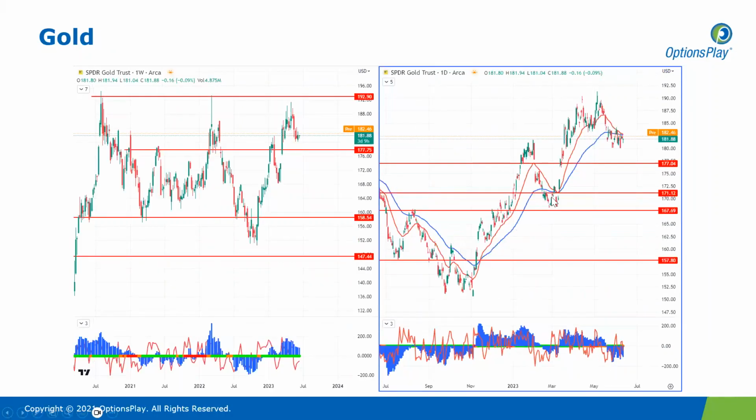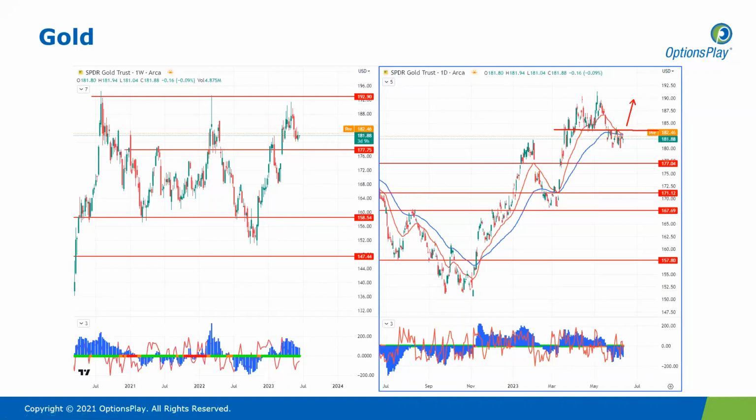Moving on to gold. So gold moves inversely to the US dollar. So with the US dollar moving lower, that might provide some support here for gold and potentially a breakout of what has been a minor area of resistance and a previous minor area of support at around 183, just below 185 anyway. The price was set to open a little bit higher this morning before the CPI data announcement. And I do expect we could see a potential breakout here for gold and a move higher.